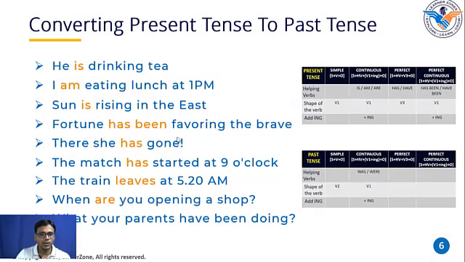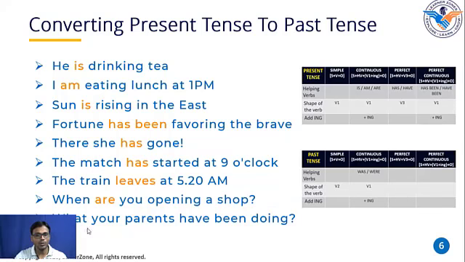Shubhika, I want you to read this sentence and tell me in which tense it has been written. Okay, uncle. What have your parents been doing? Which tense is it in? It is in present perfect continuous. Why? Because there are the helping words "have been". Okay, we are using "have been" as a helping verb here, and what else? And the "ing" from doing. Okay, we are adding "ing" to the first shape of the verb.